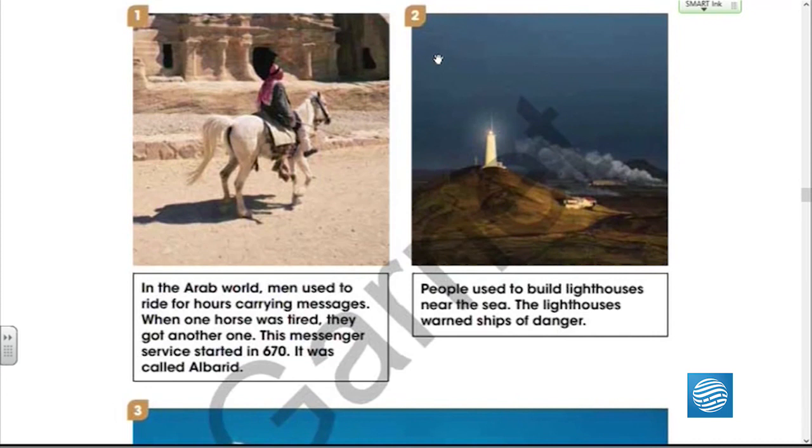So people used to send the messages by horse, riding the horse, and when the horse got tired, means cannot go anymore, so they change it with another horse. يعني العرب السابق كانوا يستخدموا الخيول لإرسال الرسائل. طبعا الخيول هذه مرات تتعب فيستبدلوها بخيول أخرى، وهذه خدمة الرسائل تسمى البريد، بدأت في سنة 670. التاريخ هذا مهم. في بعض الأسئلة حيجيكم سؤال في true or false، في صح وخطأ، يقول لك البريد service started in 670 or 671. So you have to be familiar with this number, 670. You have to memorize it.